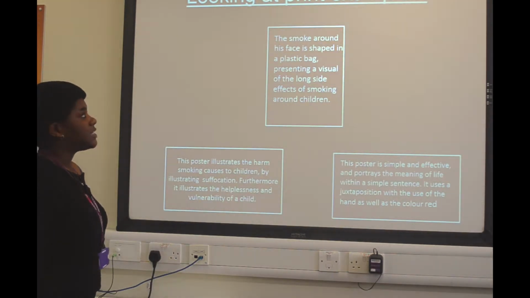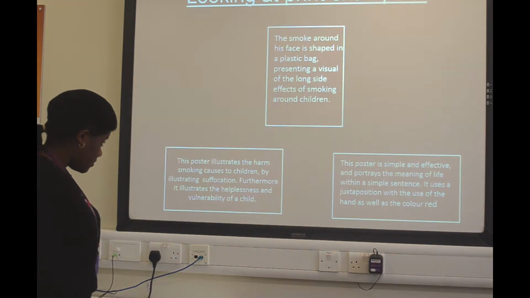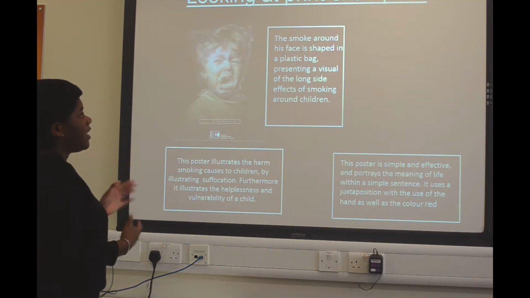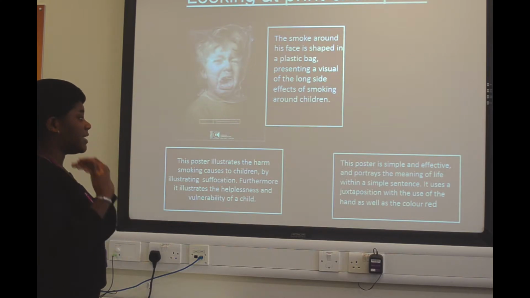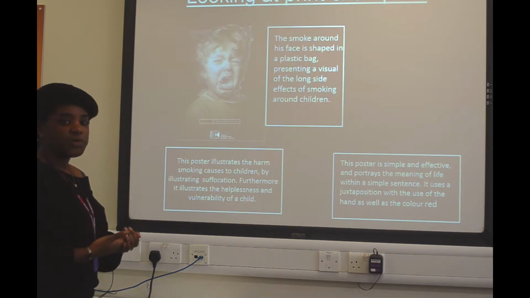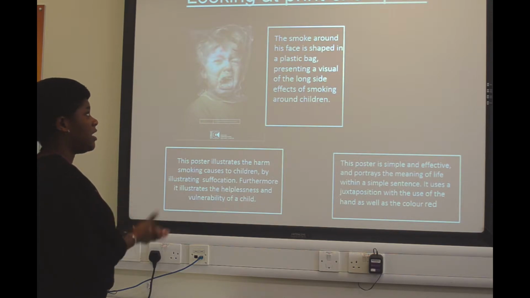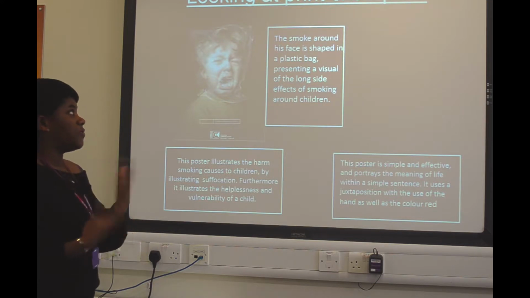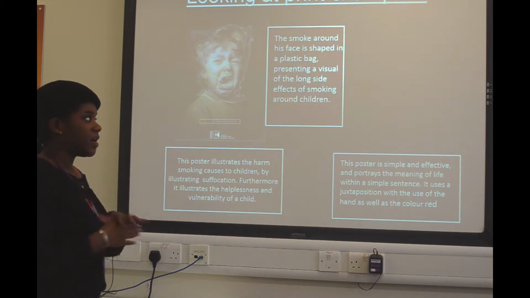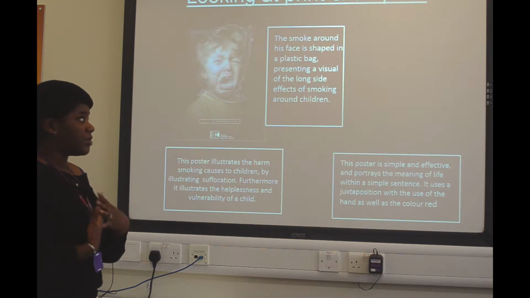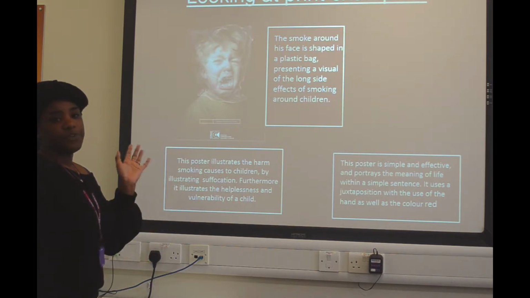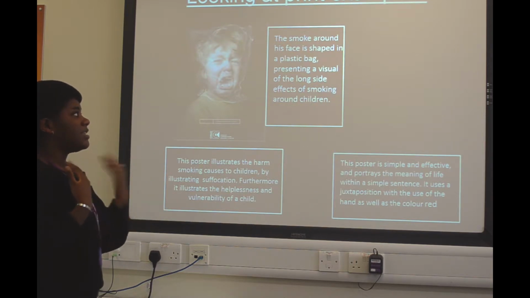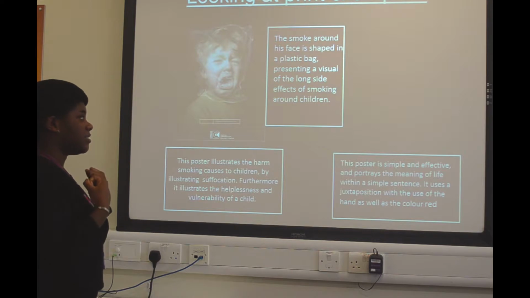Here I've been looking at some print examples, and I will show you them now. Here you have an anti-smoking campaign. You see that there's a kid, and there's smoke covering his face and it's shaped like a plastic bag. This illustrates the harm smoke poses to children, like suffocation. The fact that they used a child to model it and not an adult or teenager shows how vulnerable and how helpless a child is. They can't make smoke stop, and they don't understand what it does to their bodies. This is also a visual representation of the long-term side effects of smoking. You can see that the plastic bag isn't as tight around his head, but it could be tighter.